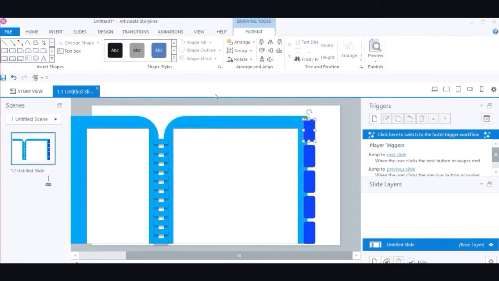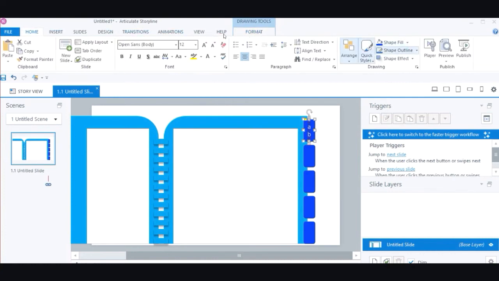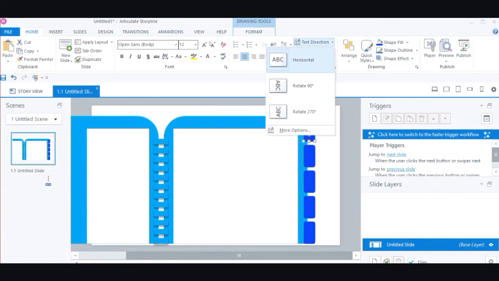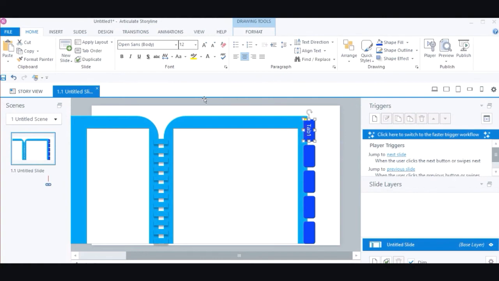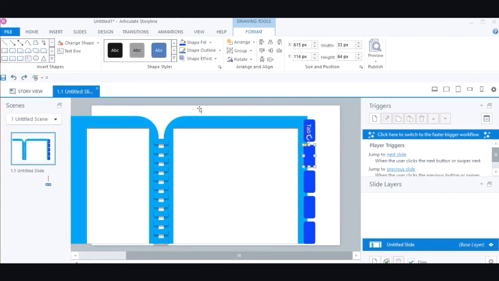Okay, now you can double click in the tab to add the text, and you will need to make the text go vertically. So you'll go to the Home tab, go to Text Direction, and then click Rotate 90 degrees, and that'll make the text go in the middle there. And then you just do that again for the rest of the tabs. So tab 2, tab 3,